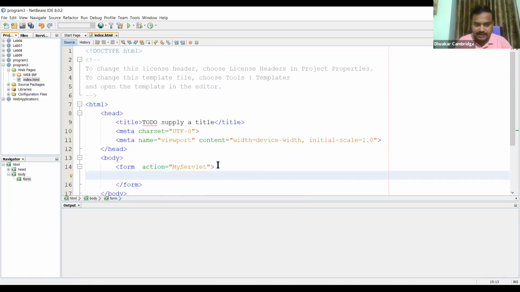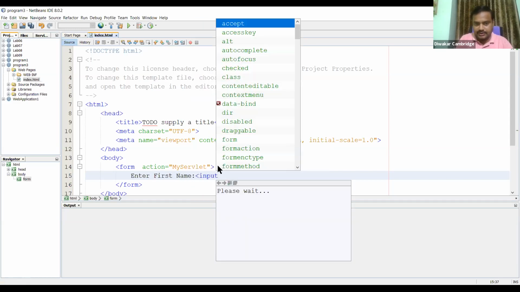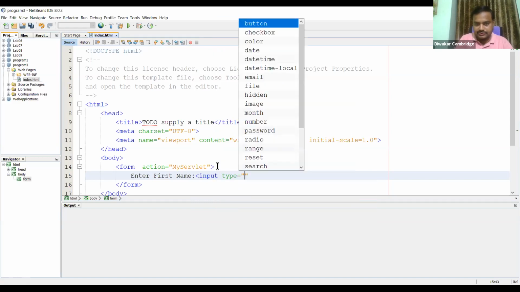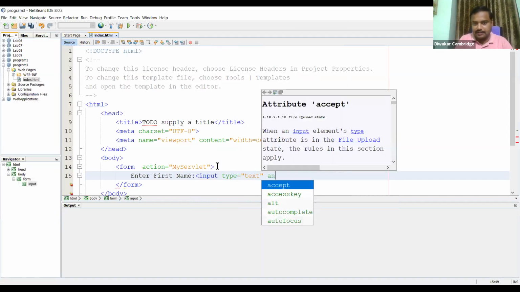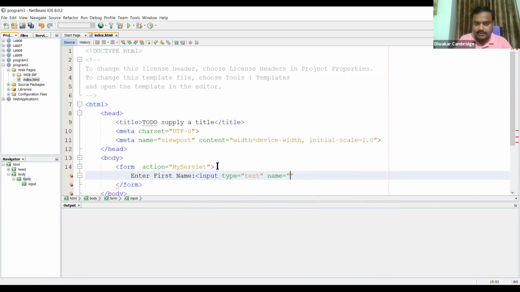Here I'll create two text boxes. Enter the first name. I'll create one text box: input type equals text, name equals n1. Then I'll use the br tag, which breaks the current line and goes to the next line.